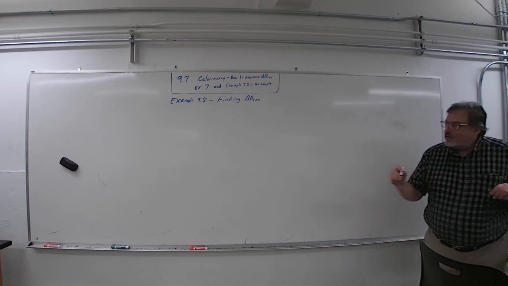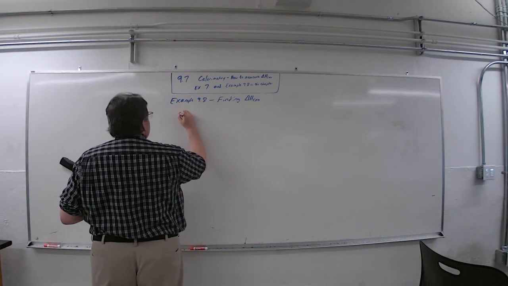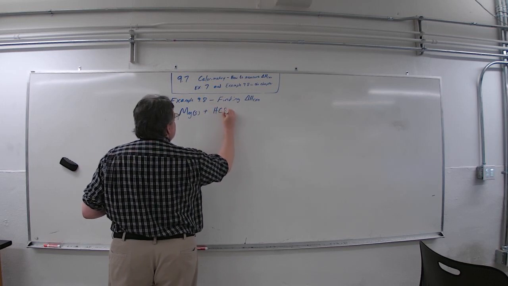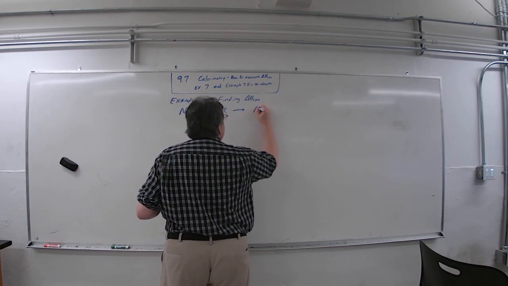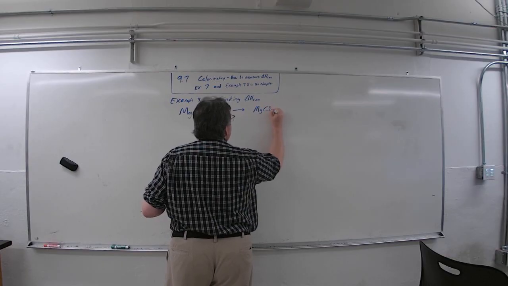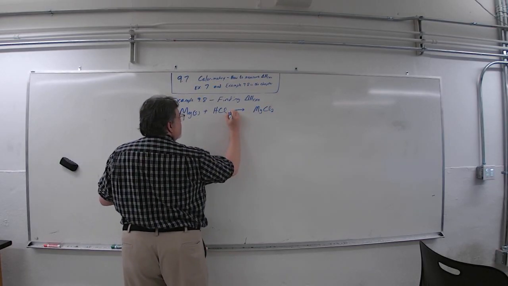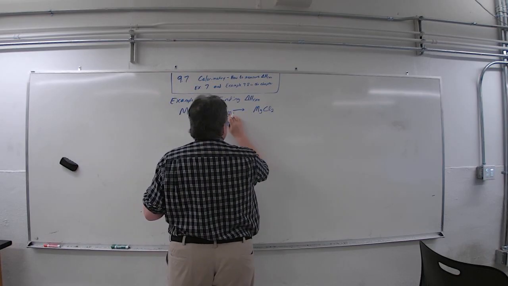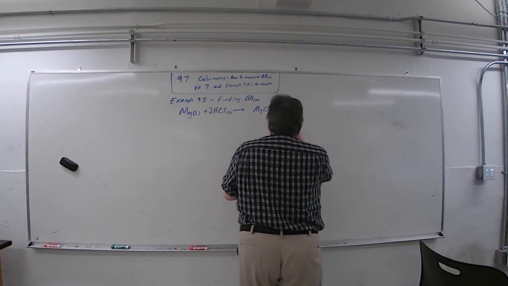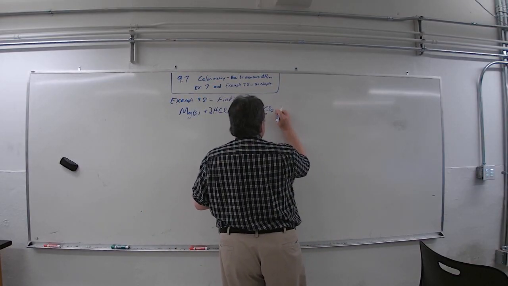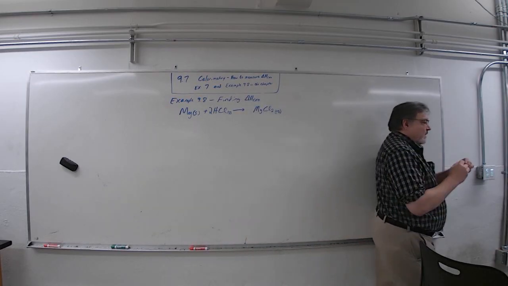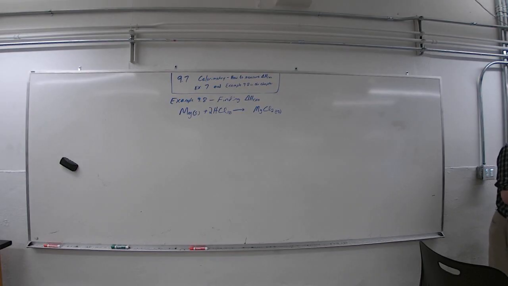Magnesium, HCl. That's solid. This is aqueous. So if you want to know the delta H for this reaction,